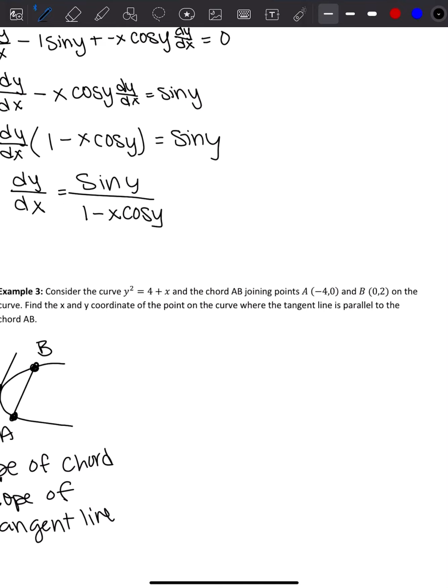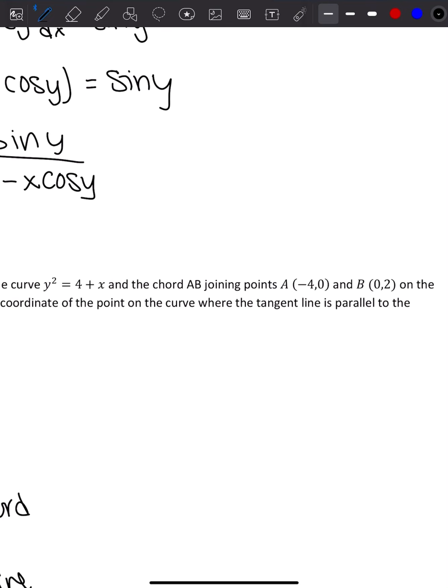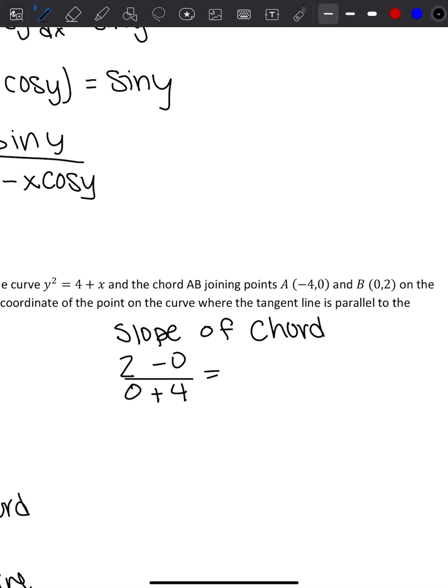Thankfully, this is just finding the slope between 2 points. So we have A and B. We want to find the slope of the chord. So we have B as y value is 2 minus 0 divided by 0 minus negative 4. So we have 2 over 4, which equals 1/2. So the slope that we are looking at right now is 1/2, and this also needs to be the slope